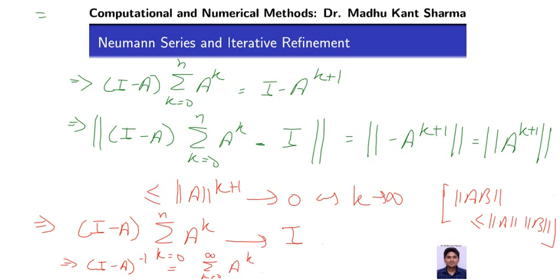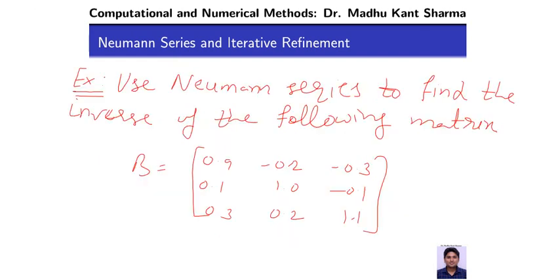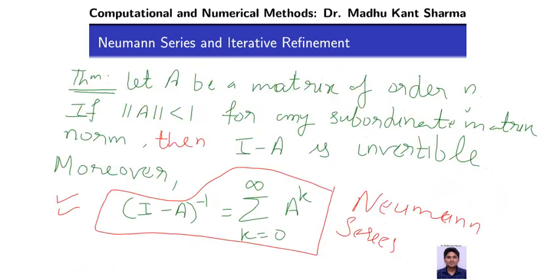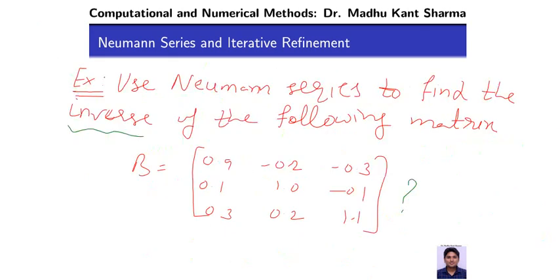Right? So for explaining this, we are going to consider the following example from the Kincaid book. In this example, we are supposed to find the inverse of the following matrix. But if you go back and look at the Neumann series, what it is giving you is the inverse of I minus A. So for finding the solution,